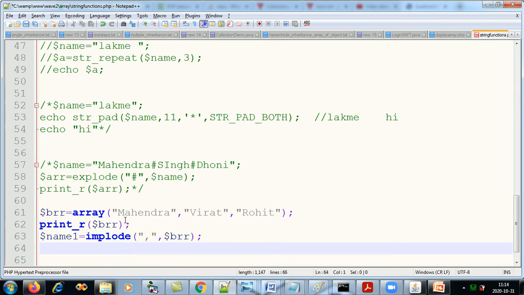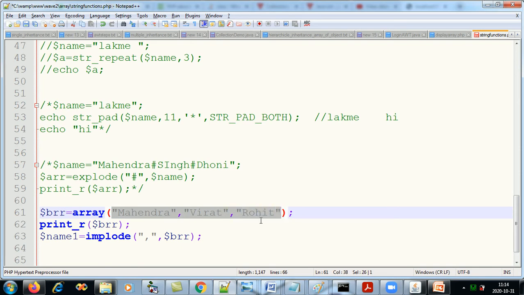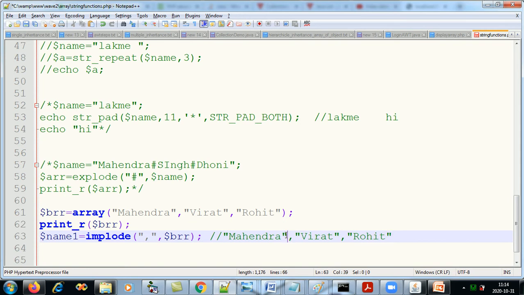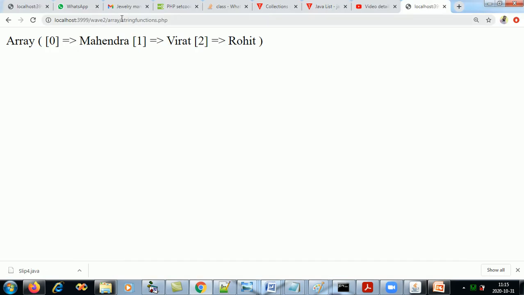The output of this will be a single string separated by commas. This should be the ideal output: one string separated by the character I have given over here. Let's save it. Let's run it.